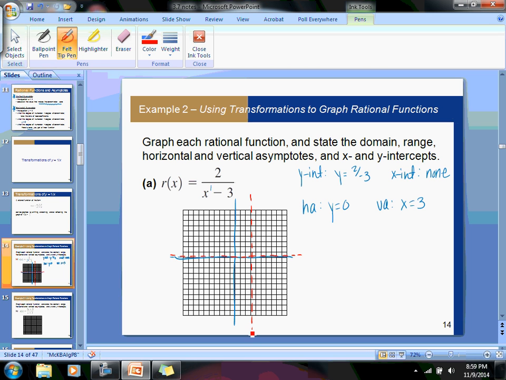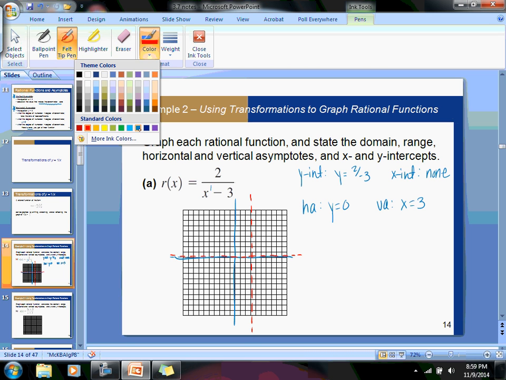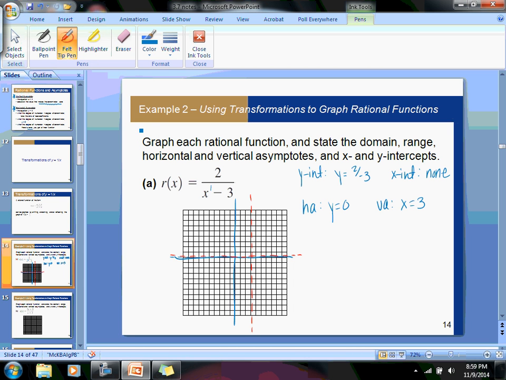Okay. And now I need to test some values. And that means I need to test some values that are to the left of 3 and to the right of 3 and see if I get positive values or negative values. If I get positive values, I'm going to be above y equals 0. If I get negative values, I'll be below y equals 0. Okay? And you can do this on your calculator. You could type in y equals 2 divided by x minus 3, but make sure you put the x minus 3 in parentheses in your calculator. Okay? And when you do that,